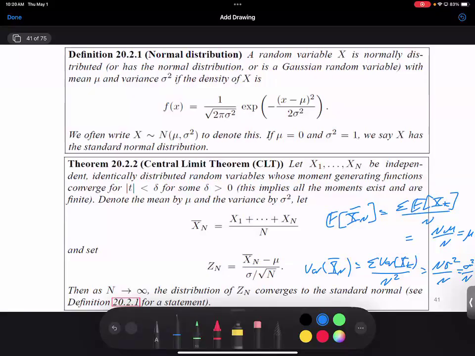So it's at least reasonable that Zn is going to converge to a standard normal. It's at least now adjusted so it has mean 0. It's at least adjusted so that it has variance 1. Whenever you see a mathematical miracle, you want to pause and ask why. Why do we have such a fundamental result? Why do we have the fundamental theorem of calculus? What is going on that allows us to find areas from antiderivatives? Why does it not really matter what distribution the x's are? Why should it always be converging to the normal?